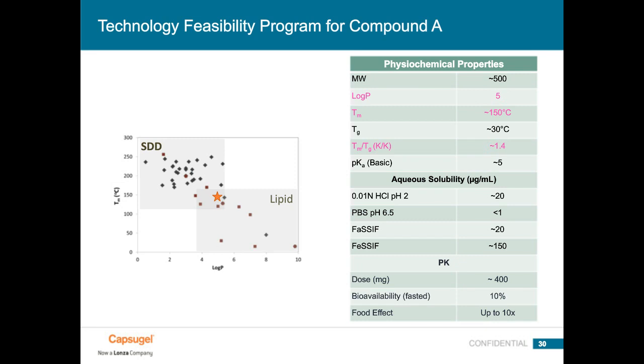without respect to food. And you can see here on the map on the left again we are in that intermediate ground between lipid and SDDs, now perhaps a little bit more on the lipid side in terms of this plot. Another indication for this compound is something that we often use in SDDs to look at the ability of a drug to crystallize, the Tm over Tg shown there in pink. The Tm over Tg is the ratio of the melting point to the glass transition temperature. In this case, the value of 1.4 is quite high and suggests that this compound has a large propensity to crystallize. So we might think that it's a precipitation risk.